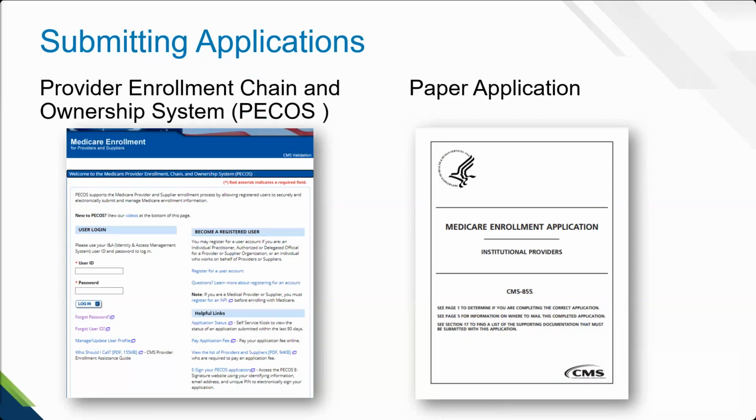With an electronic application, it works a lot like a do-it-yourself tax software. It's going to ask you a series of questions, and it will even ask you questions specific to occupational and physical therapists. And that's going to bolt together the fragments of the application that are required to facilitate the enrollment action that you're wanting to take. It's also much quicker.